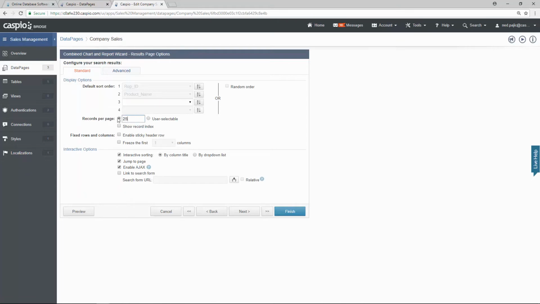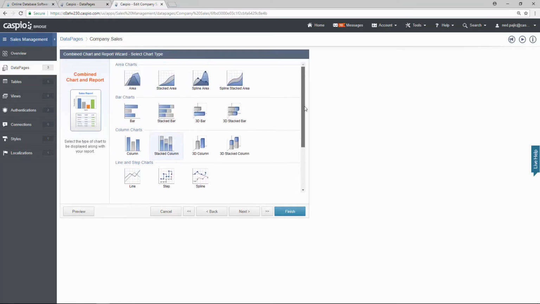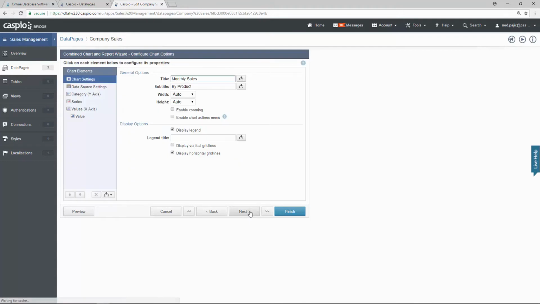Let's go ahead and display perhaps 500 records per page and move on. This time I'm going to select a different chart. Let's go with the bar chart and hit next. Now let's go ahead and configure all the options for this chart. I'm going to call this company sales